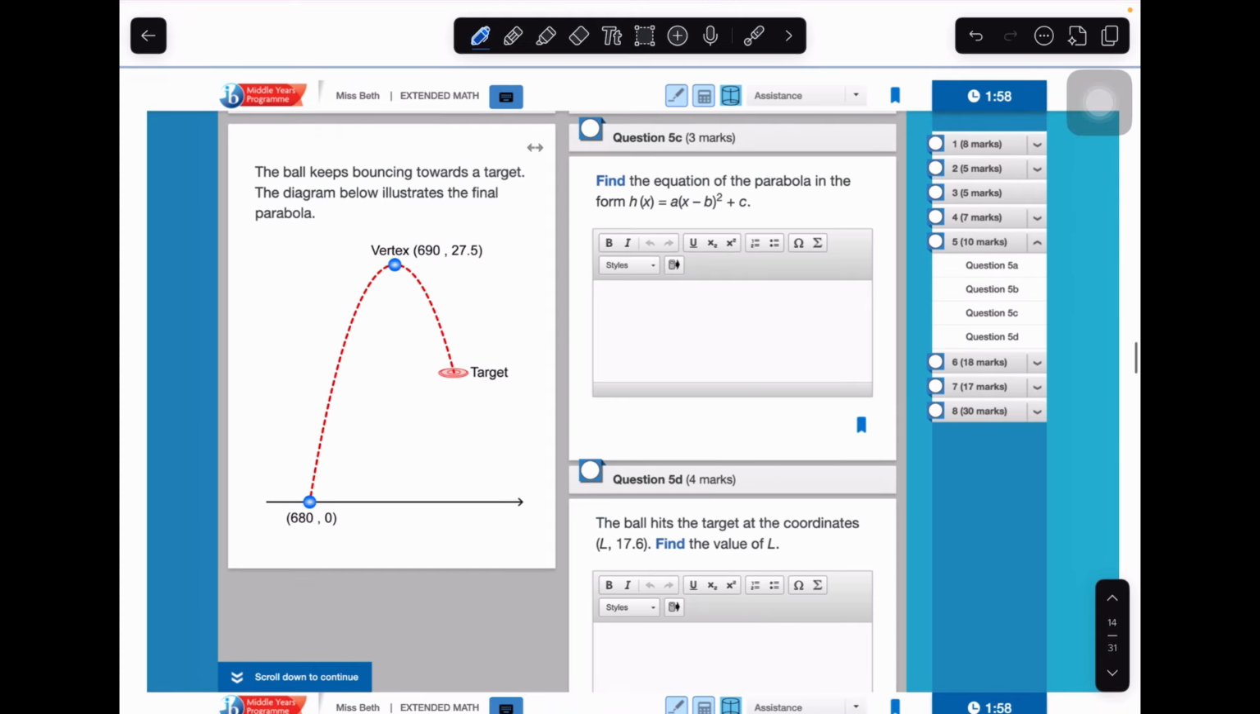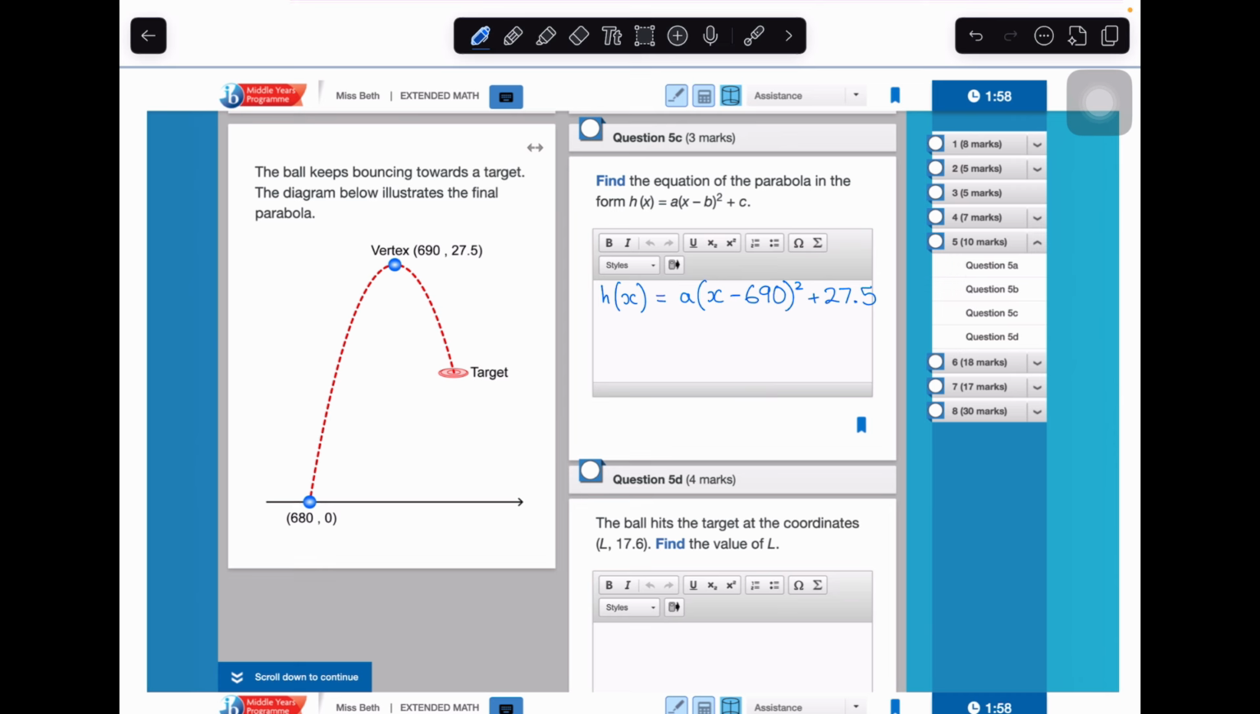Okay, so the ball keeps bouncing towards a target. The diagram below illustrates the final parabola. Find the equation of the parabola in the form h of x is equal to a times (x minus b) all squared plus c. So first thing to do, this is vertex form, okay? So you need to substitute in your vertex. So we're going to have (x minus 690) all squared plus